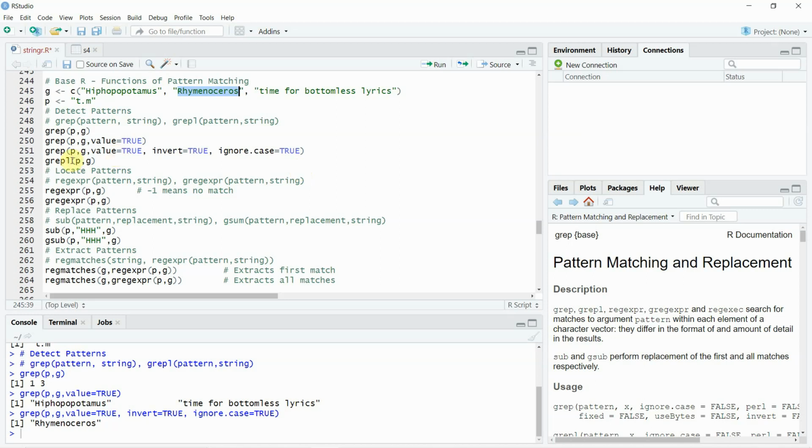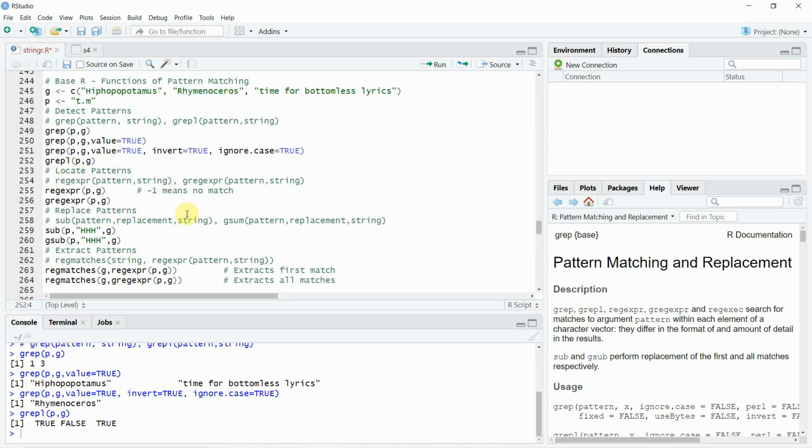So that's about it. Now, how is grepl different from grep, right? Grep would either give you the index number or the actual value of the string, but grepl is a logical version of grep. The L stands for logical, which essentially means that it will just give you true or false. That's the only difference, right? So that was grep and grepl, and these are used just to detect patterns.